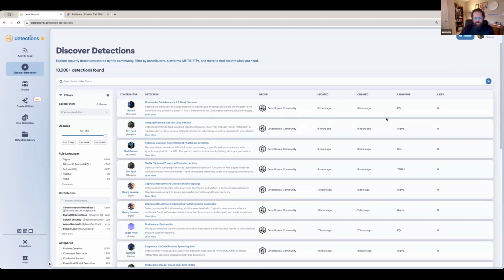Everything in your view is based on your permission. So if you're in a group and I'm not, I don't see those detections and you do. That's how the platform is built. And you can see here everything, like I mentioned, profiles get used a lot. The first thing we show people is who did it.